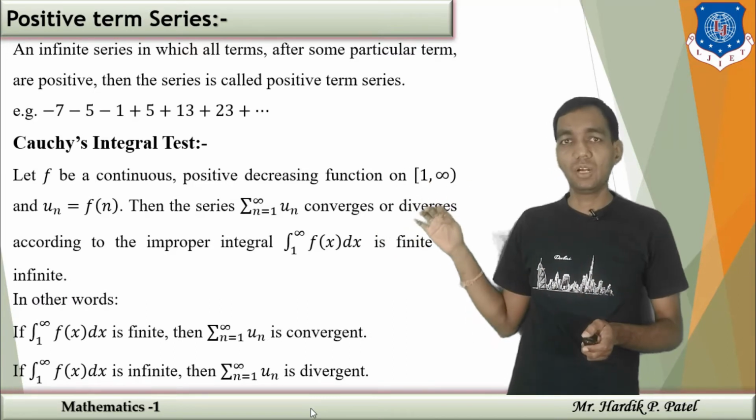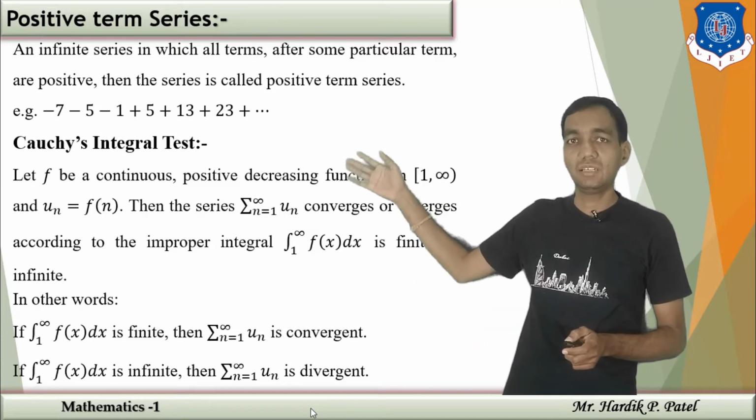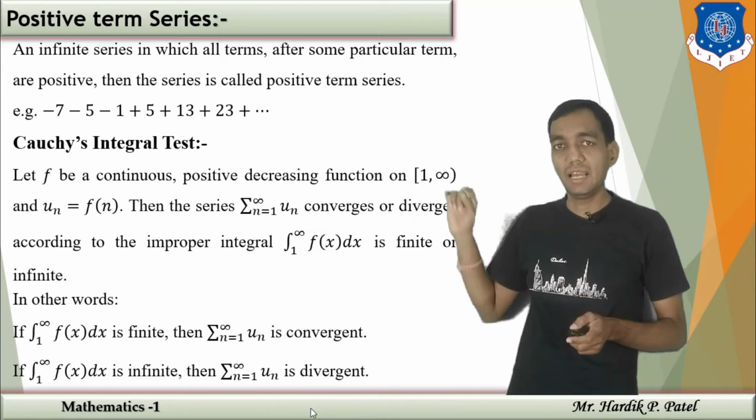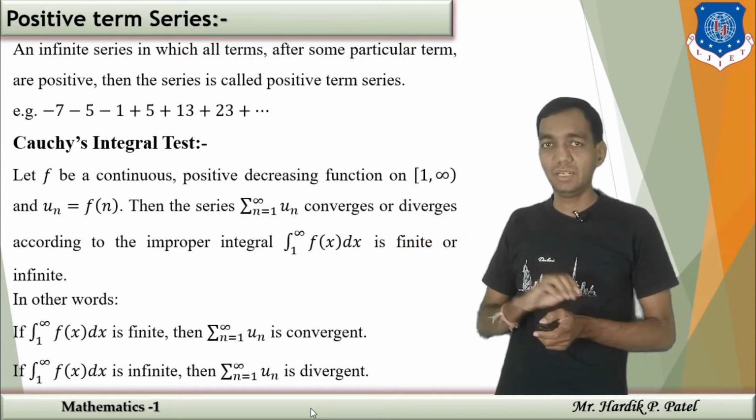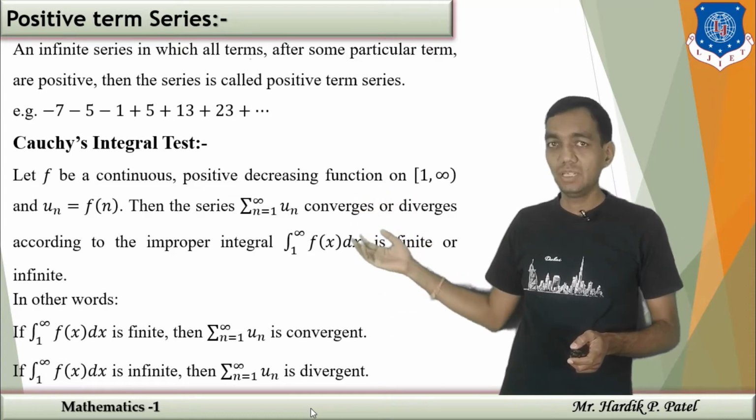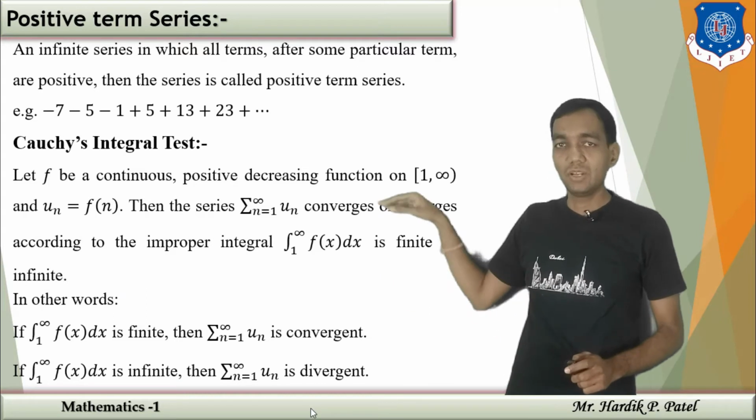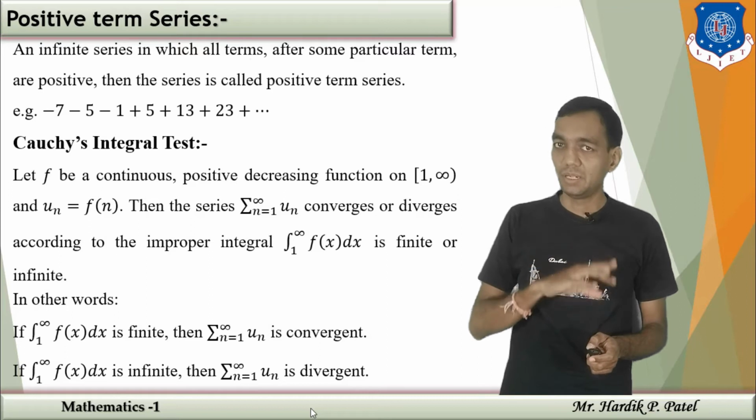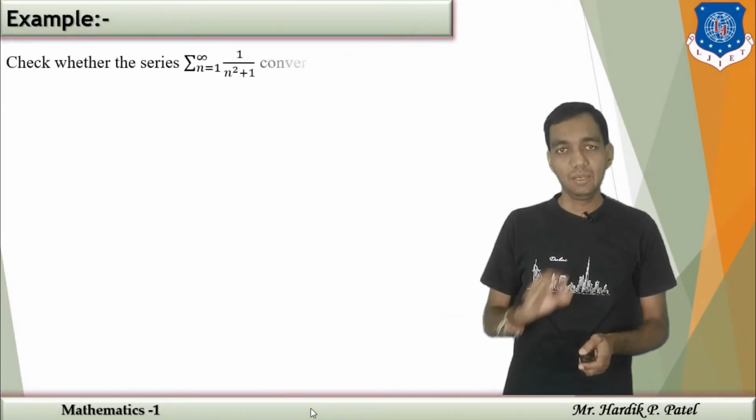So now you only have to find out the integration, and the limit of integration will depend on the interval of n. That means if your n is starting from 1, then your integration will be from 1 to infinity. In the same manner, if it is starting from 2, then it will be 2 to infinity. If it is starting from 10, then it will be 10 to infinity. So whatever the first term n is starting with, according to that you have to put the limit. Okay. Now check out one example for